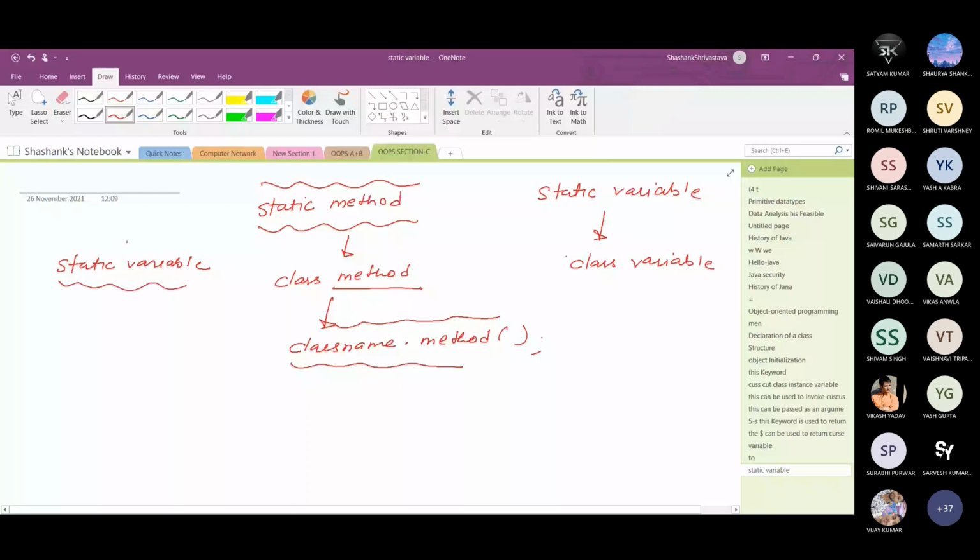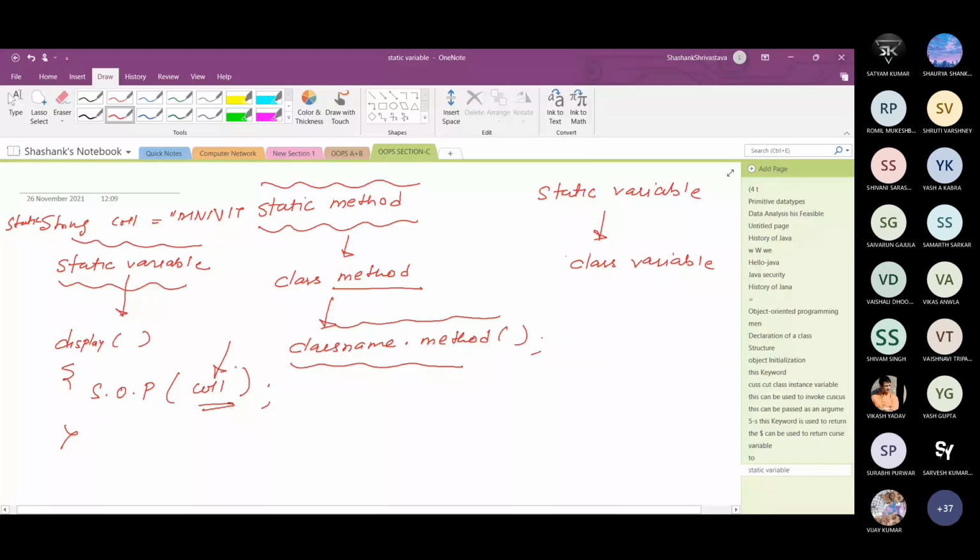The static variable is a class variable, but if you would like to access it in a method, suppose there is a static variable, static String collegeName, say MNIT, and I would like to print it in some display method using System.out.println, within the class only, there is no need to create an object reference variable.